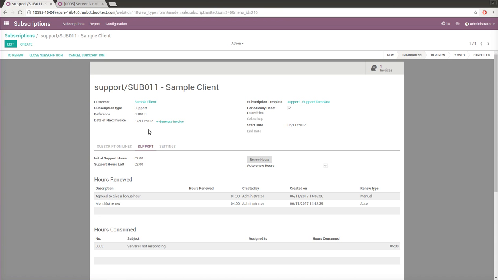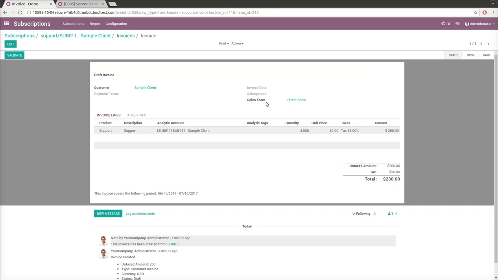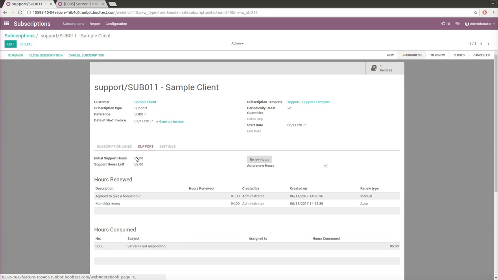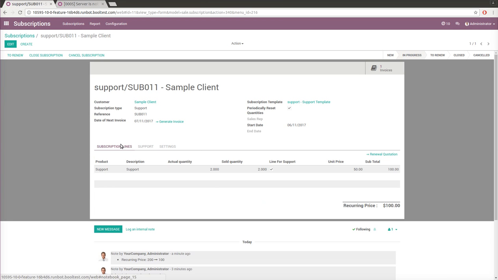So now when he pays the invoice for that month, next month, if he won't use more than 2 hours, he will have another invoice with 2 hours used. So that's how this works,